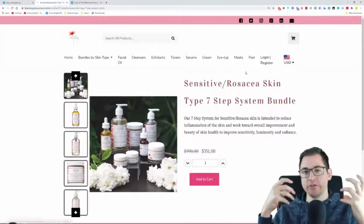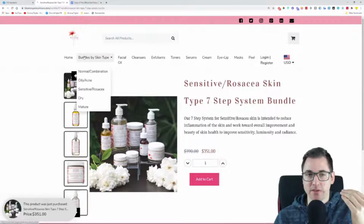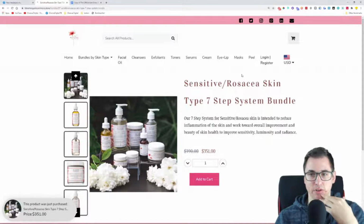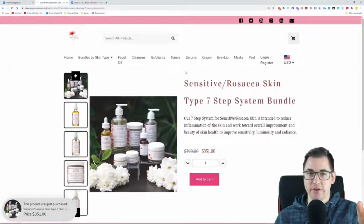It just feels that there are a lot of things happening. I feel that there would be a homepage, bundles by skin type, products, login, and then this would be more than enough to have on the page. I don't know, this could be tested. I feel that there are a lot of things, and then this facial oil comes here